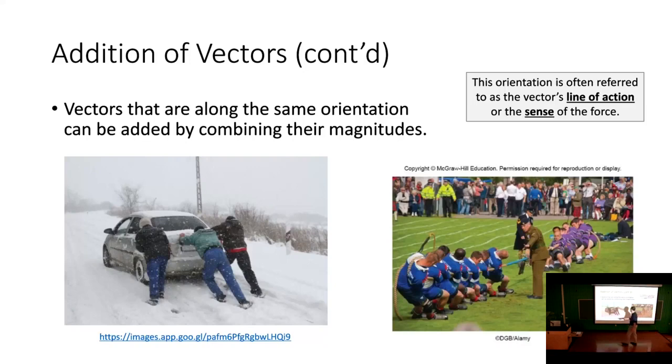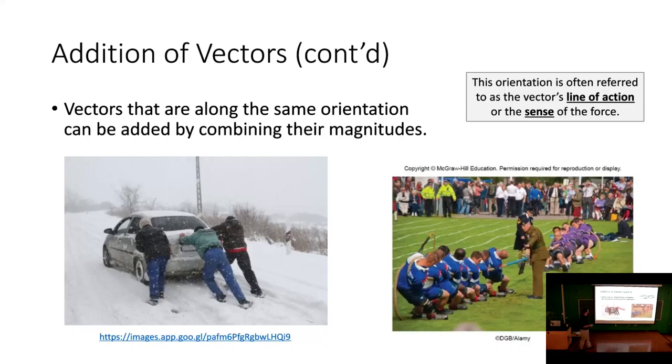So, for example, if we had 3 folks here pushing a car and they were each pushing with 60 pounds of force, assuming I know that they're not literally on top of one another, but assuming for the sake of discussion that they were all along the same line of action, if each of them were pushing with say 60 pounds, I could say the resultant of that situation is that they're pushing this car with 180 pounds of force because there's 3 of them each pushing with that